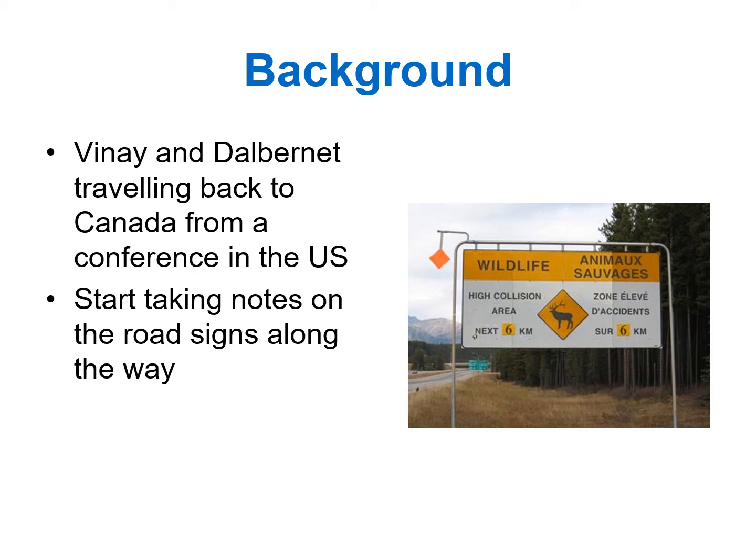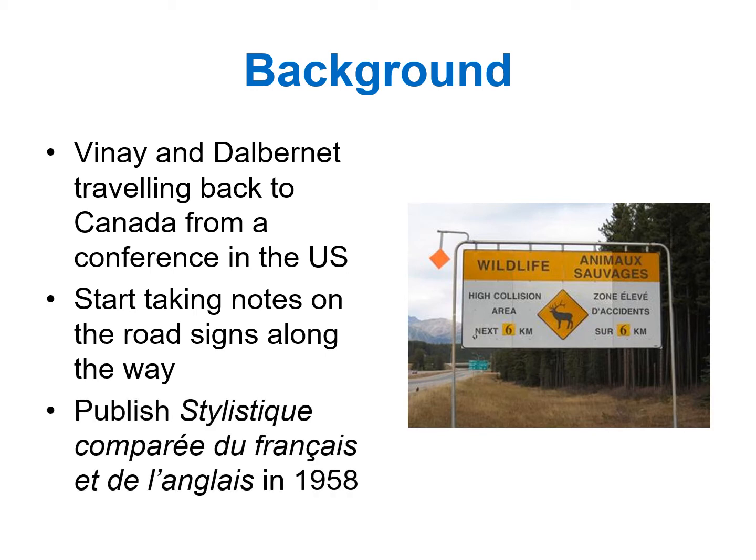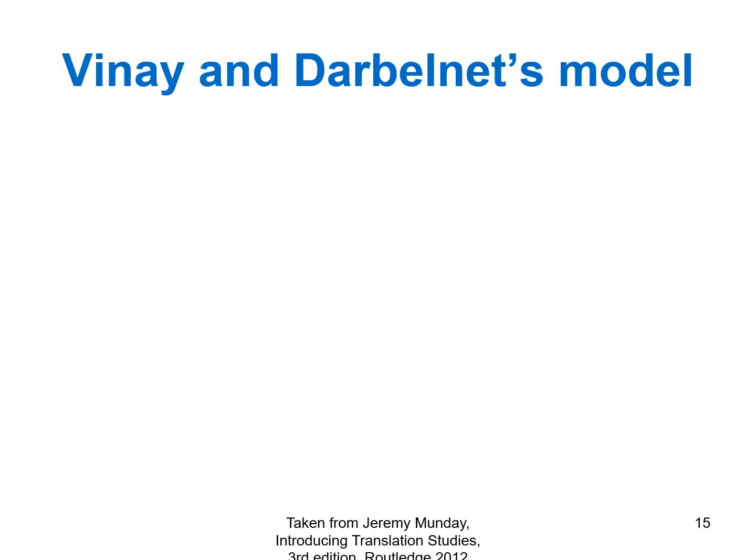They all include references to Vinay and Darbelnet's catalog of translation procedures. In this book, published in 1958, entitled Stylistique comparée du français et de l'anglais, Vinay and Darbelnet include some proposals for translation. In addition to contrasting English and French, they look at the subject of translation, and they provide a model or